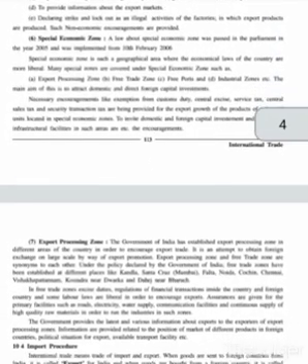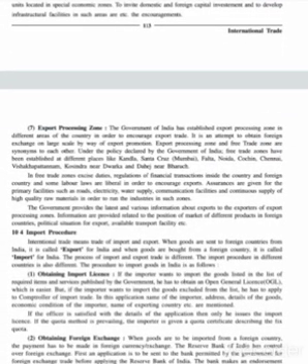They are called export processing zones. They are called free trade zones. They are called free ports and industrial zones. The main aim of this is to attract domestic and direct foreign capital investments. Now, let us understand what is an export processing zone. The government of India has established export processing zones in different areas of the country in order to encourage export trade. It is an attempt to obtain foreign exchange on a large scale by way of export promotion.